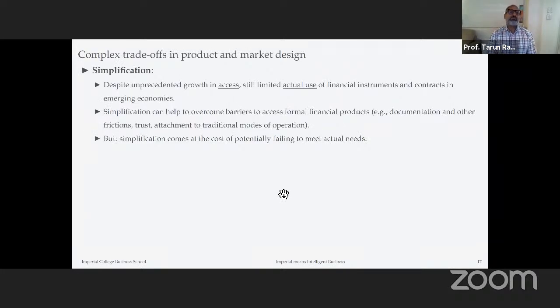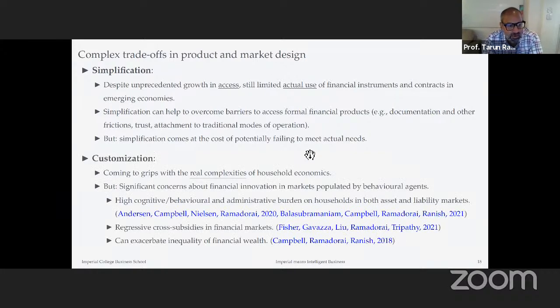So here's the problem, which is the trade-off: despite unprecedented growth in access, there's still limited actual use of financial instruments and contracts in emerging economies. And so, of course, we know that simplification can help to overcome barriers to access these formal financial products. And what's the flip side of this? You could potentially fail to meet actual needs. You could fail to come to grips with the real complexities of household economics. But these are the new research studies that I want to talk to you about,